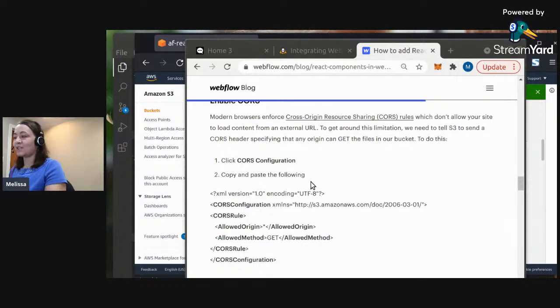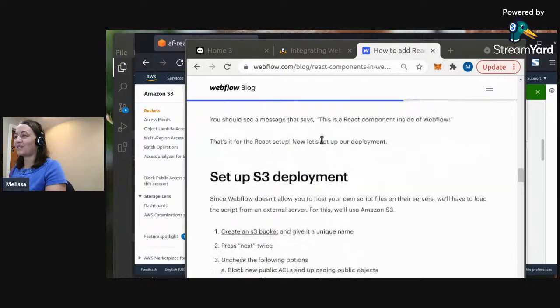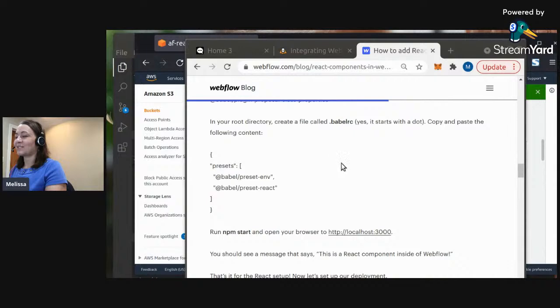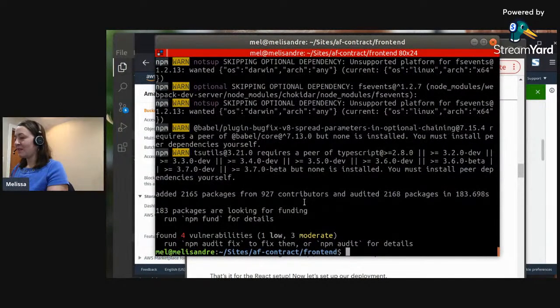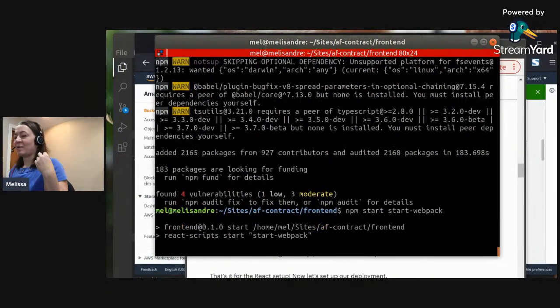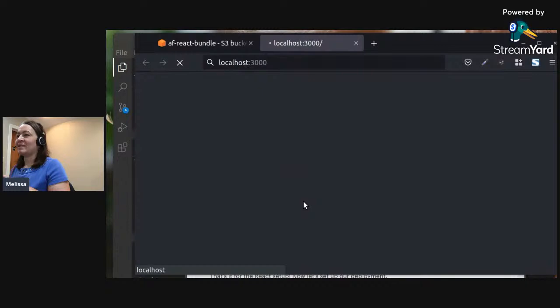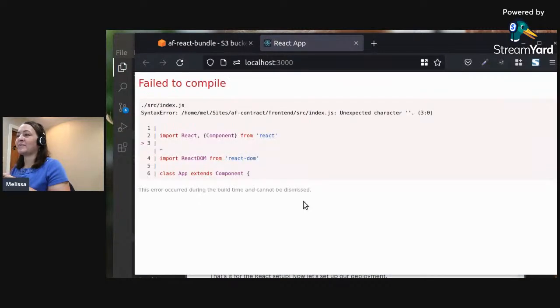All right, I am going to switch context back over to trying to make sure that this part is working. So let's try npm start again, which, because I renamed it start webpack, I have to do start webpack. Oh, maybe. Definitely better than it was. It is going to Firefox. That's okay for now, but